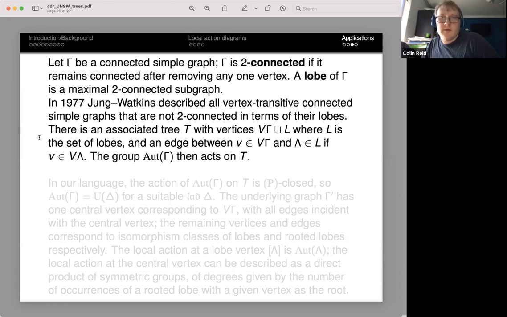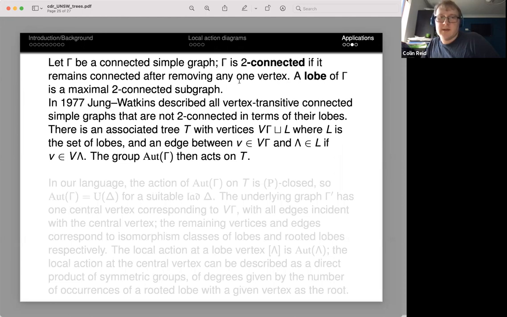The description of the automorphism groups of the vertex transitive connected graphs that are not two connected was given a while ago. And the idea is that you have an associated tree with vertices V gamma and L, where L is